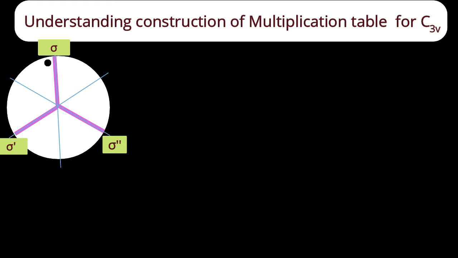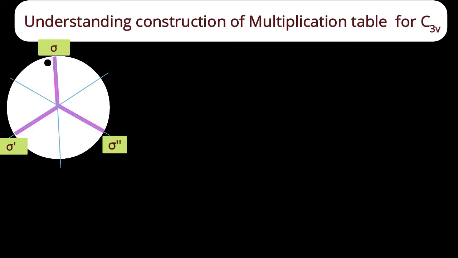If I rotate this molecule by 120 degrees in the anti-clockwise direction, then that knot will come to the lower side of the left NH bond. Similarly, if I continue the rotation by a further 120 degrees, a total of 240 degrees, then that knot will come to the upper side of sigma double dash. That's our imagination; you should be able to work with it properly. If I perform the reflection operation through sigma, then the knot that is now on the left side will come to the right side.